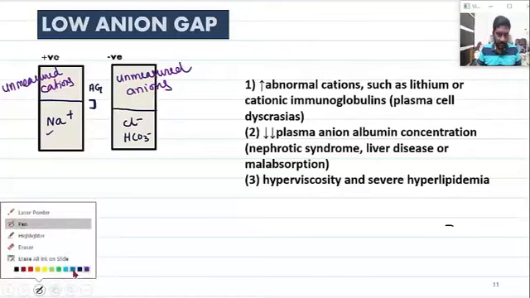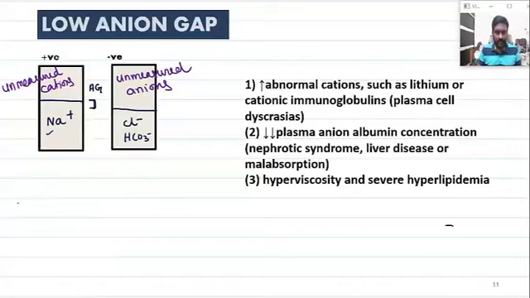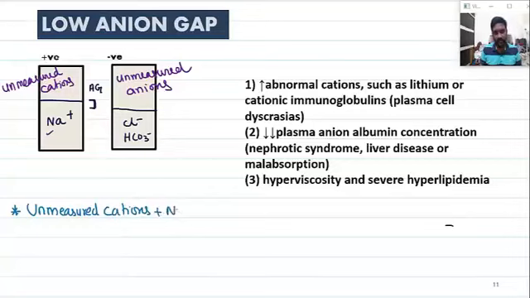To maintain electroneutrality, the total number of positives will always be equivalent to the total number of negatives. So following simple mathematics, unmeasured cations plus sodium, so I have included this whole compartment, unmeasured and measured, generally sodium we take, will be equal to the same thing,